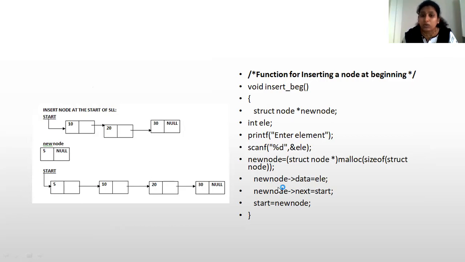Then we store the element value into the new node's data, and the start will be assigned to the new node's next. Then your start will be the new node, because this is the node which you have newly created in your linked list. This is inserting a new node at the beginning.